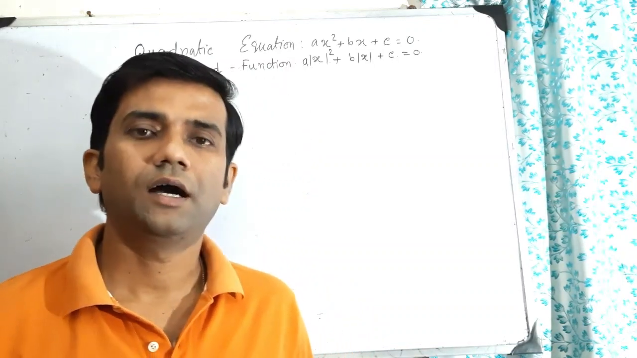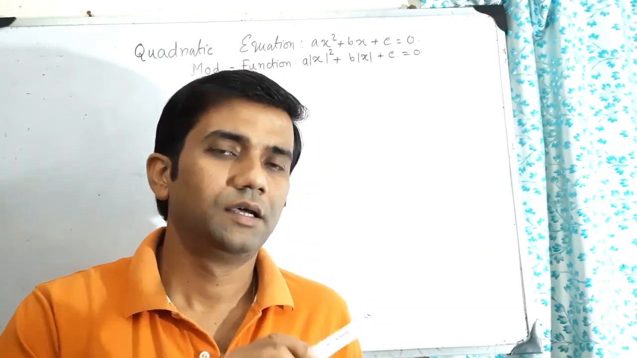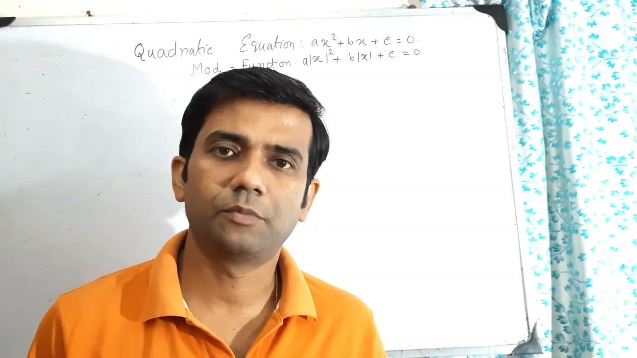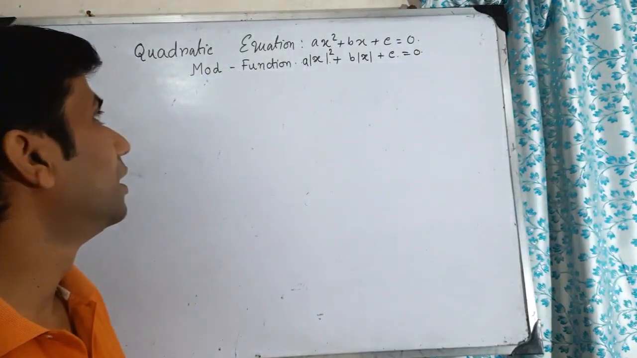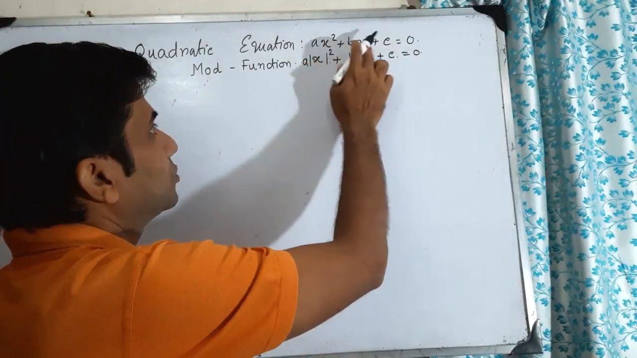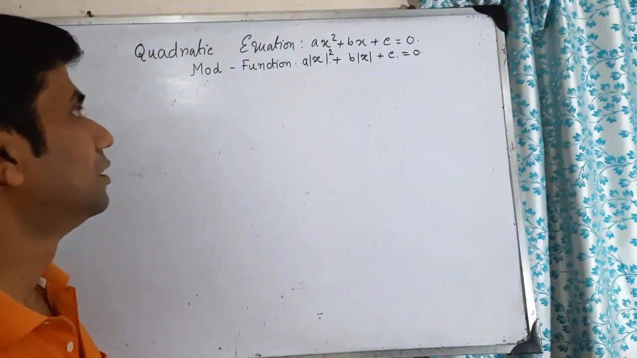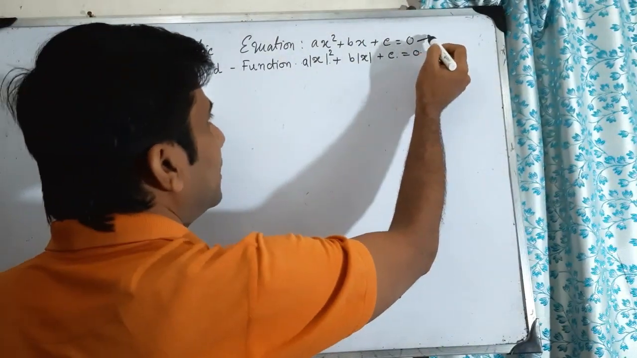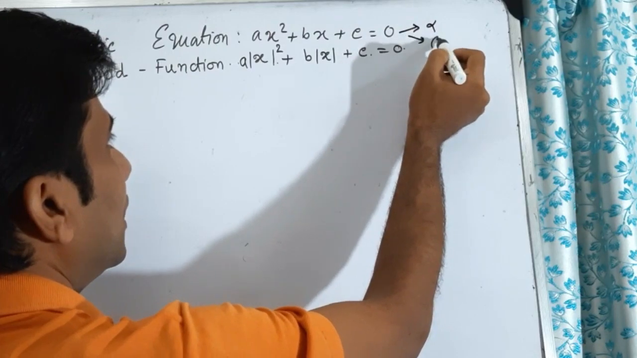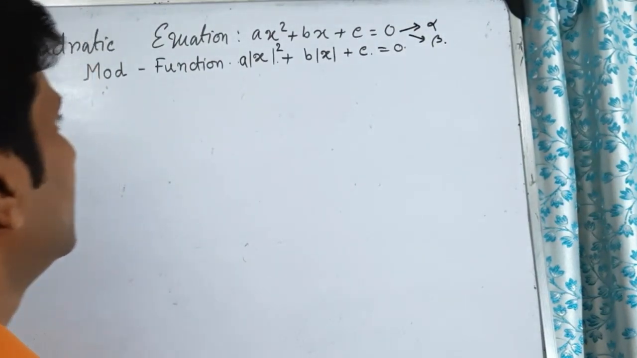How does the mod function apply in a quadratic equation problem? Look, we have an equation ax square plus bx plus c is equal to 0. It has two roots, alpha and beta. Now if we